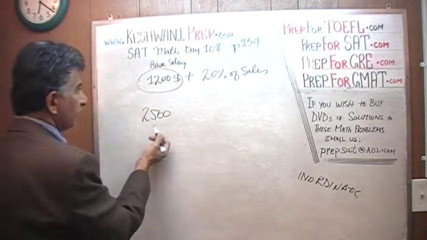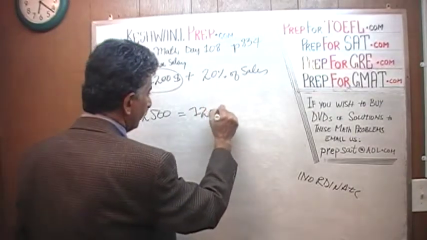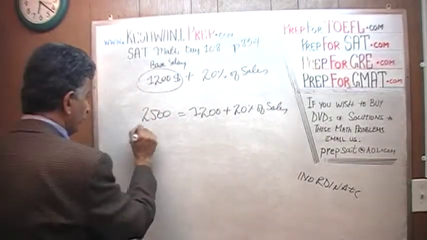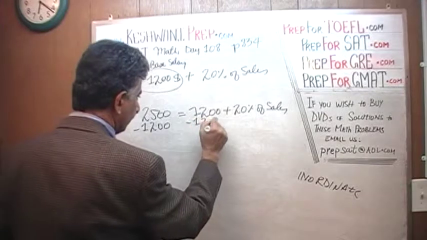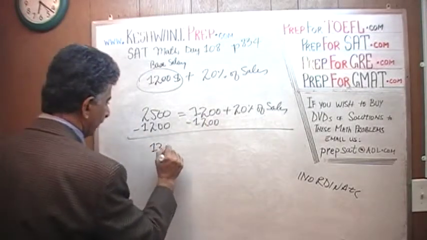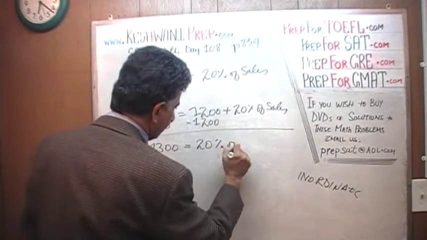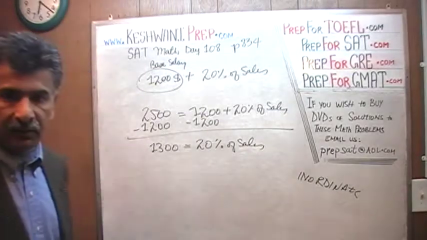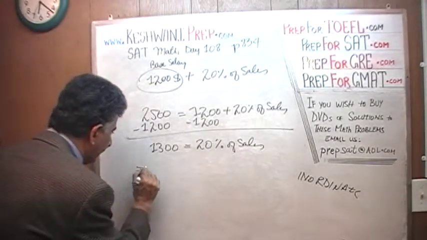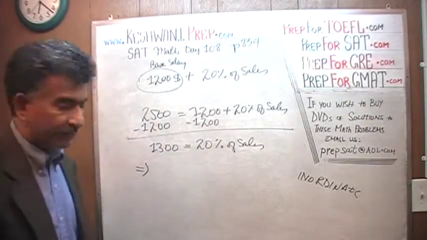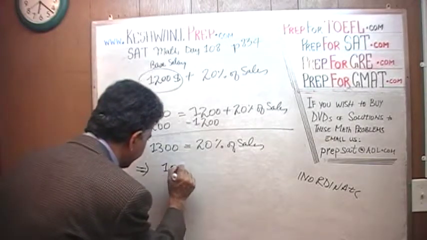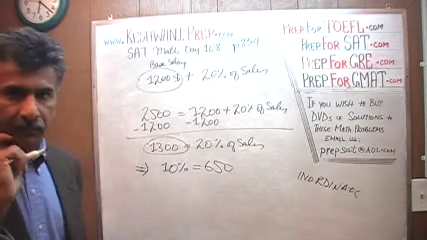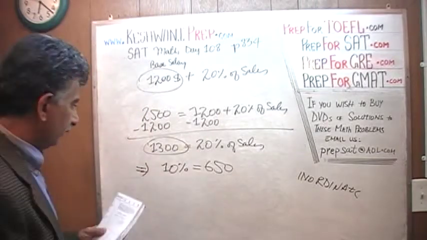All right. So his gross pay is $2,500, which is made up of the base salary of $1,200 plus 20% of sales. If you subtract $1,200 from both sides, in other words, 20% of his sales equals $1,300. What does it tell us? It tells us that if 20% of something equals $1,300, that implies that 10% must equal half of this amount. Half of this amount is $650. That implies that 10% must equal $650, and therefore